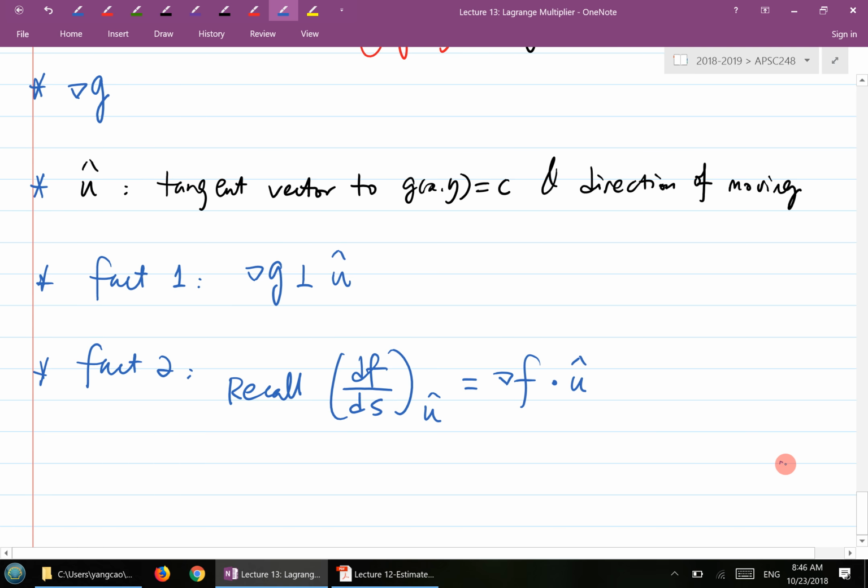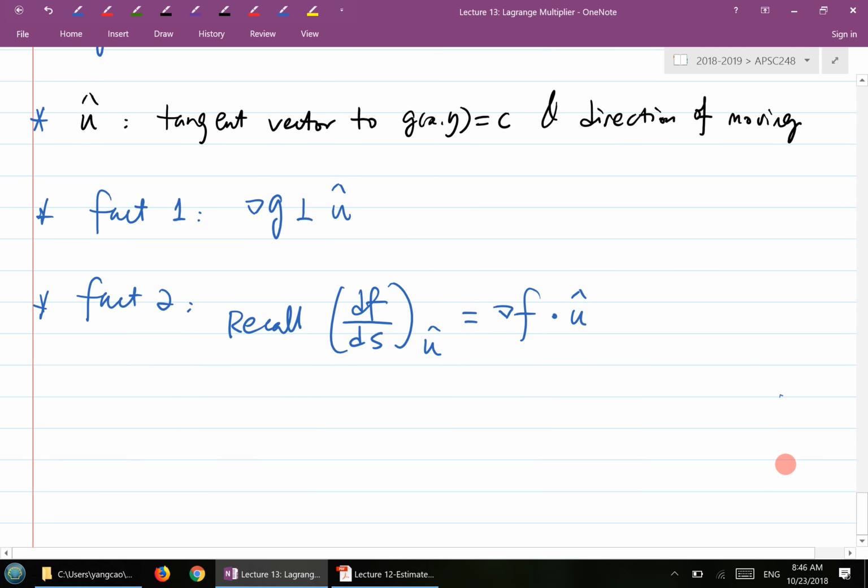Okay. So before we move ahead, let's recall what the directional derivative actually means. If you recall, the directional derivative basically means you have a function f. If you're changing your x and y in the direction given by the u hat, then what will be the rate of change of this function f, by a small displacement as said here. So this essentially gives you the rate of change